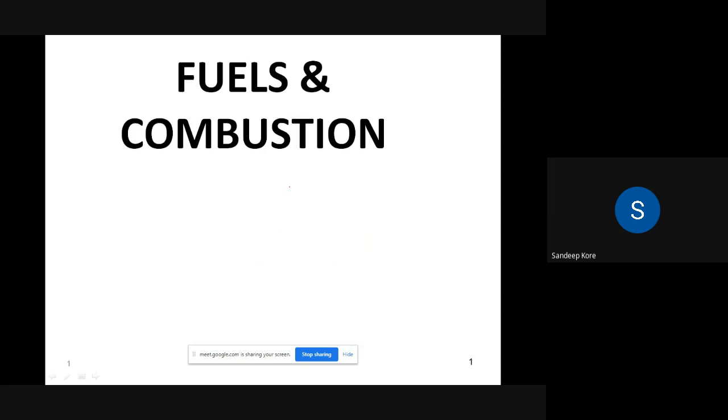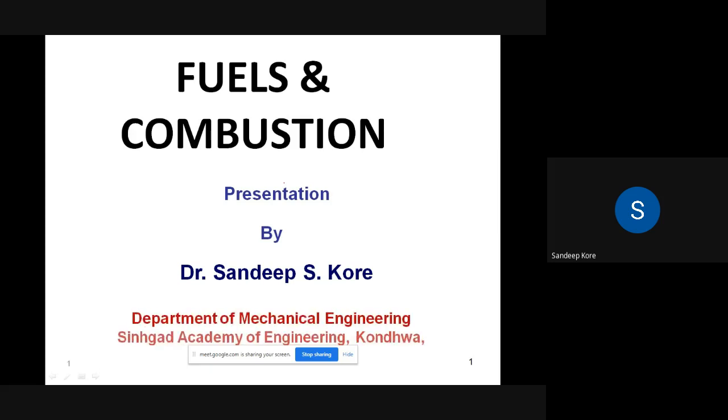So the main purpose of this introduction is that our main focus is how to achieve complete combustion, and for the complete combustion of fuel, what should be the design of the combustion chamber. As a basis for that, we are going to study some combustion reactions, how to convert the volumetric analysis into gravimetric analysis, what the products of combustion are, and what complete combustion should be.